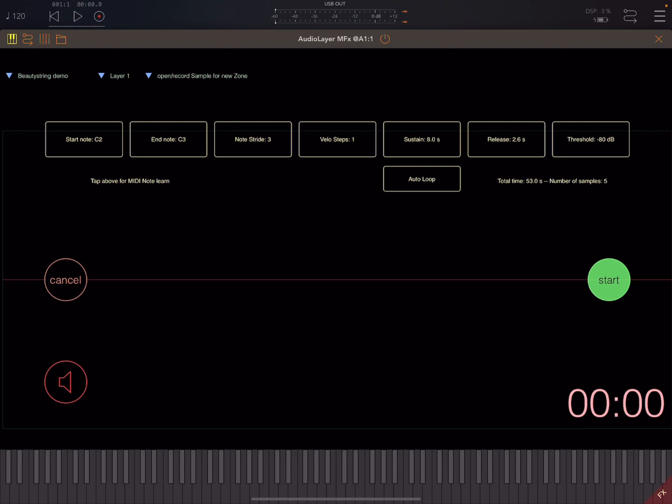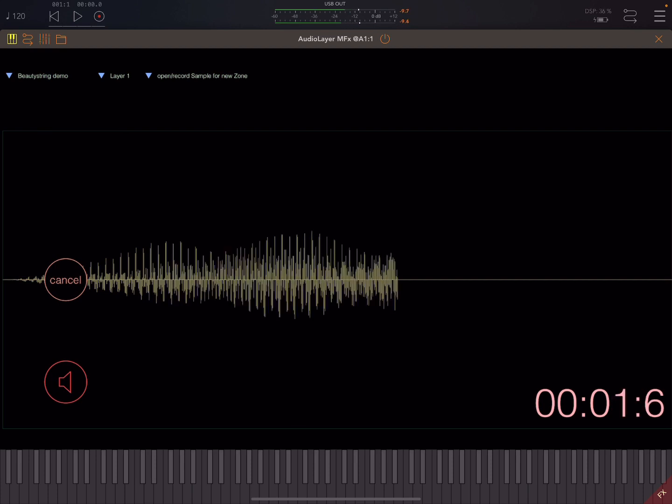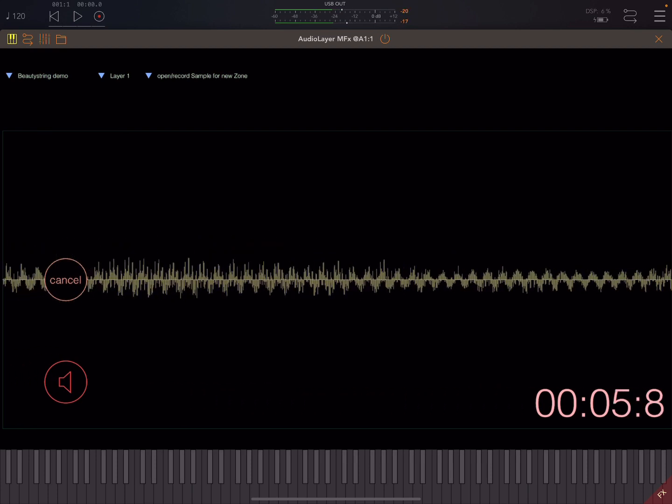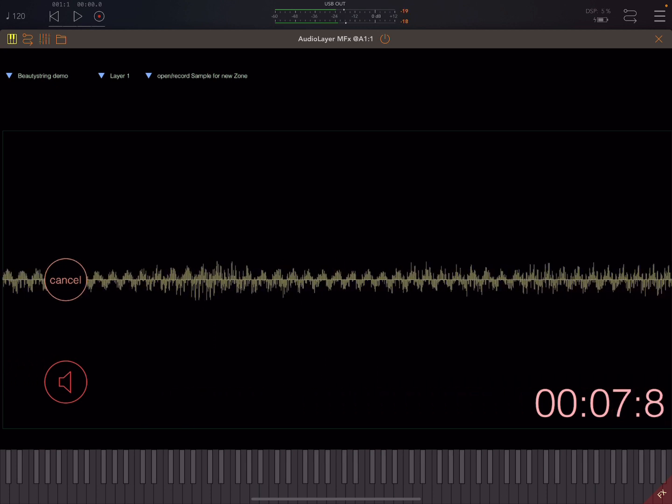Let's go like 8-second hold, and then we'll do a release maybe of 4, I guess we could do, or somewhere around there. So we'll do a release of 4. It's still going to do 5 samples, but it's going to take around 1 minute. So there, it's holding it for 8 seconds because you see how it kind of ebbs and flows a little